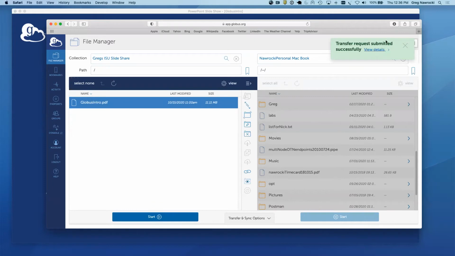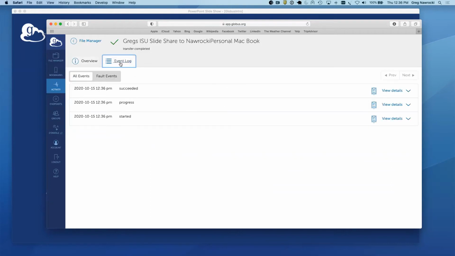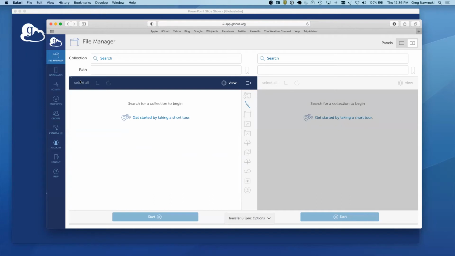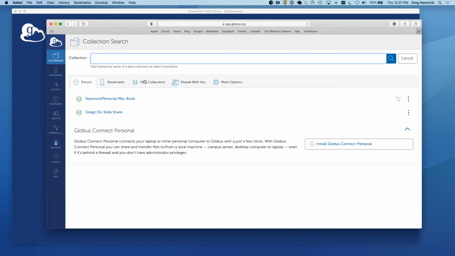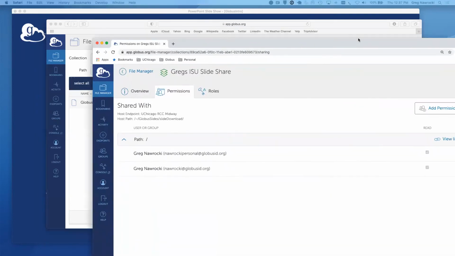And there it goes. So just like before, I've got the transfer details I can dig into. It's gonna be pretty quick here. If I refresh that, yeah, there we go. I think I've succeeded. Yeah, so it transferred very quickly. Let's go back to the file manager here. And now as the administrator, or I'm sorry, as the